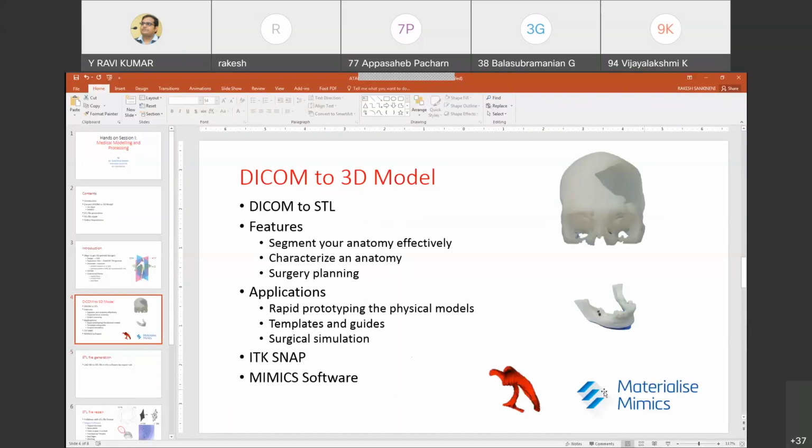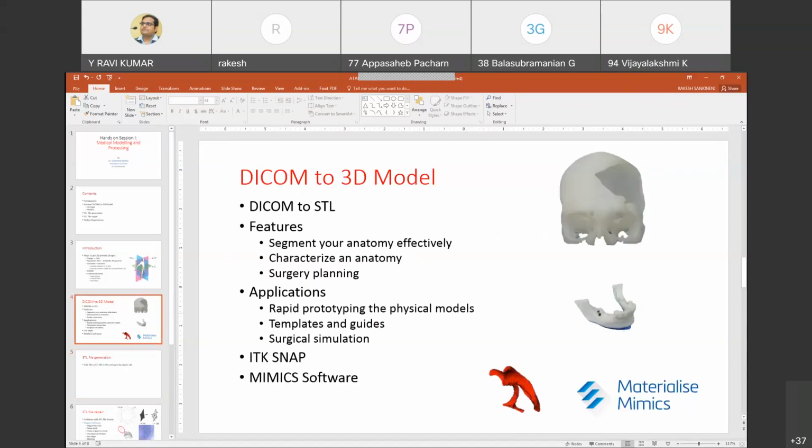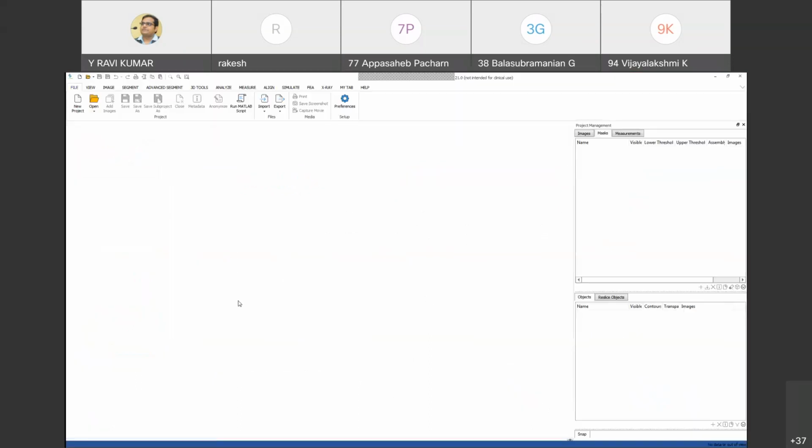And next we will see the Materialise Mimics.